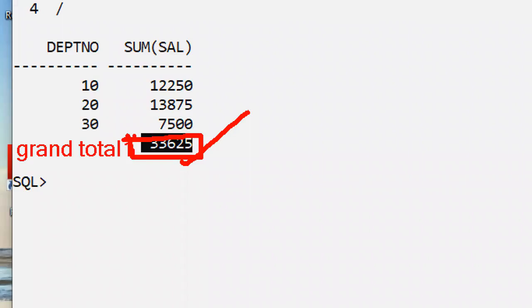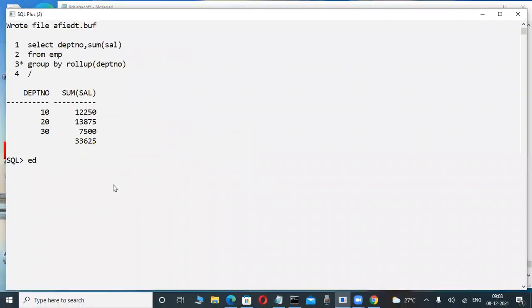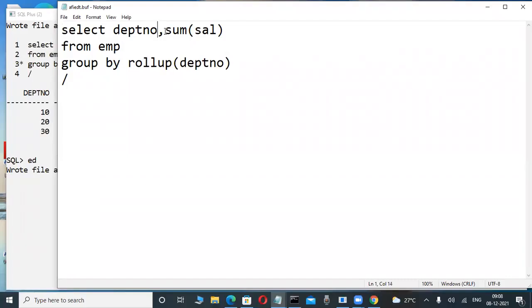Don't write it, just observe here. Grouping is a function. In this function we pass a group by clause column, which is department number in this case. This function always returns the numbers 1 and 0. When a value is there, the function returns 1. If any value is not there in that column, if null value is there, then it returns